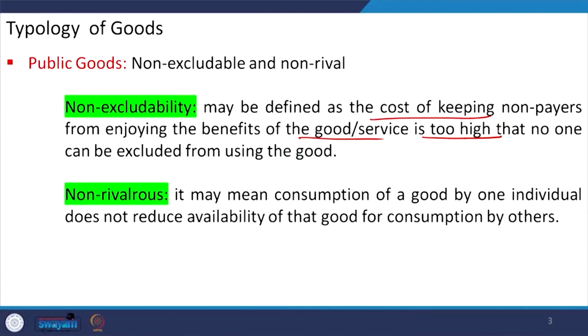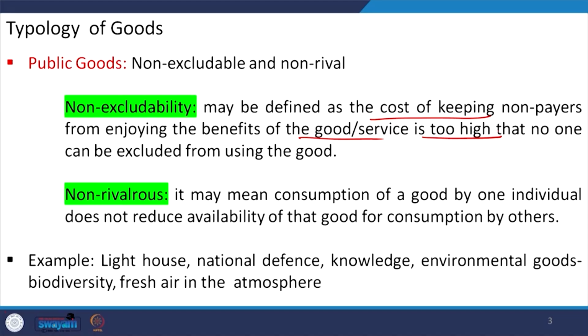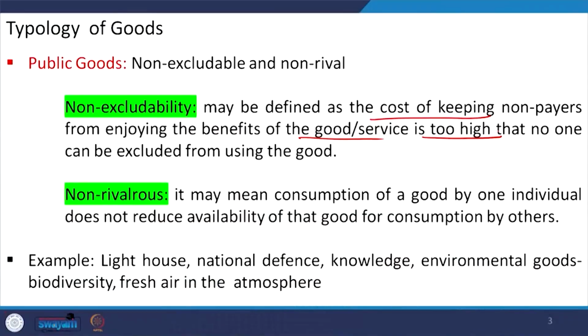And in this context, by taking into account these two attributes, now we can take some examples of which ones would be the fitting examples to describe public goods. So, we can take the case of the lighthouse or national defense, that expenditure that we are incurring on national defense, or the case of knowledge itself, spreading knowledge, or environmental goods like biodiversity, the national park, the amount of land cover, or the fresh air in the atmosphere. So, there are many examples of public good.